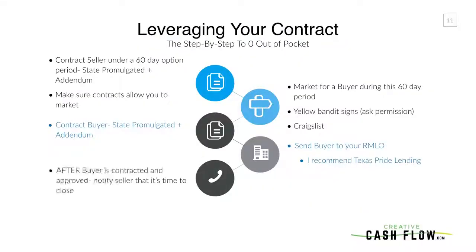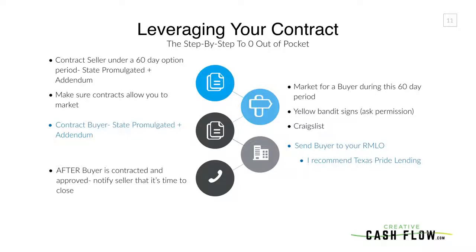So while we have to do the approval and we have to send it to an RMLO, a lot of things like the debt-to-income ratio. As small creditors, we don't have a legal DTI cap. We could legally put somebody in there and have a qualified mortgage at a 95% debt-to-income ratio and still have that qualified mortgage. So again, watch the Dodd-Frank video, find out how all that goes. But that's the next step. You send your contract, you send your buyer to your RMLO, they do the processing, they send you the information back. Once you approve your buyer for that,